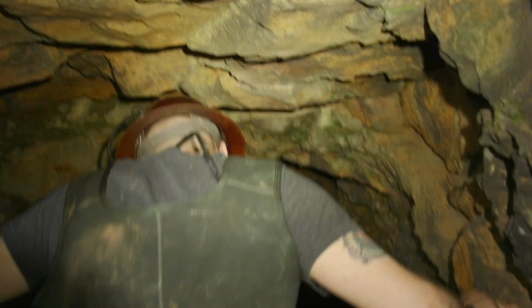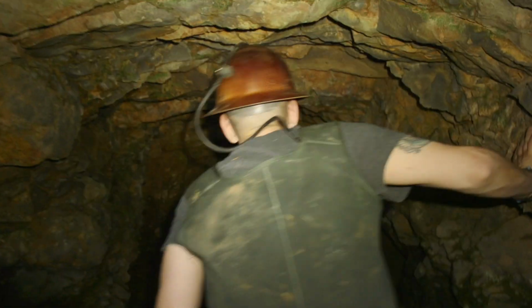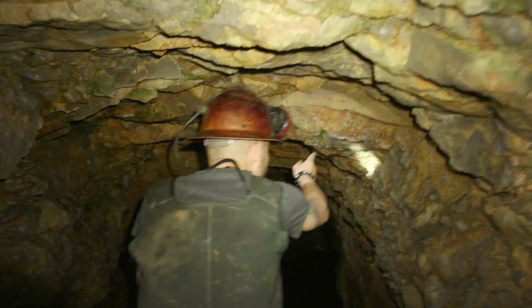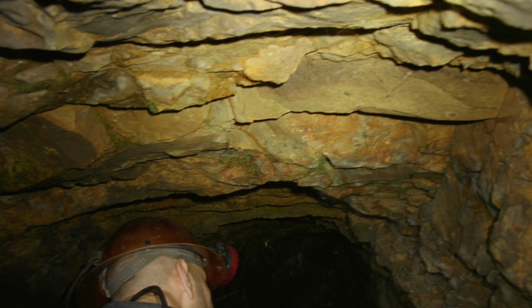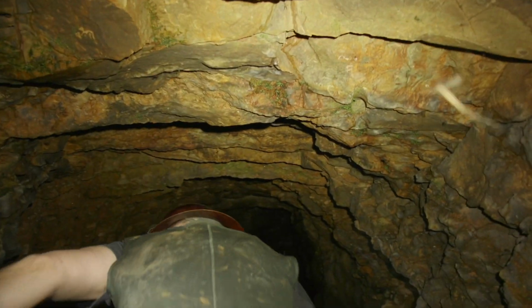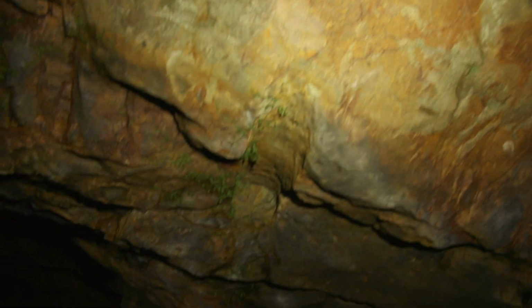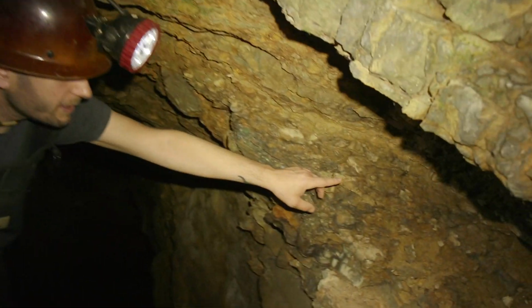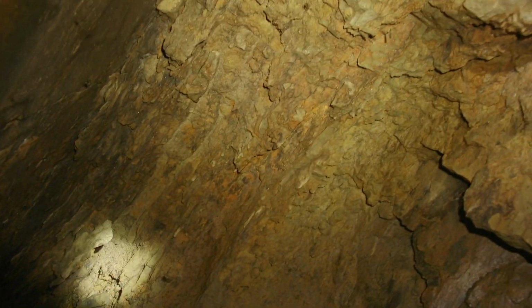So it is a relatively low ceiling. And you can see some drill marks here. These are a little wider in diameter than some of the previous ones we saw today. Wow, so it looks like they carved some of this away right here. You can see a little alcove on both this side and on the other side. I don't know if they found something here or if they were hoping to find something here, but...